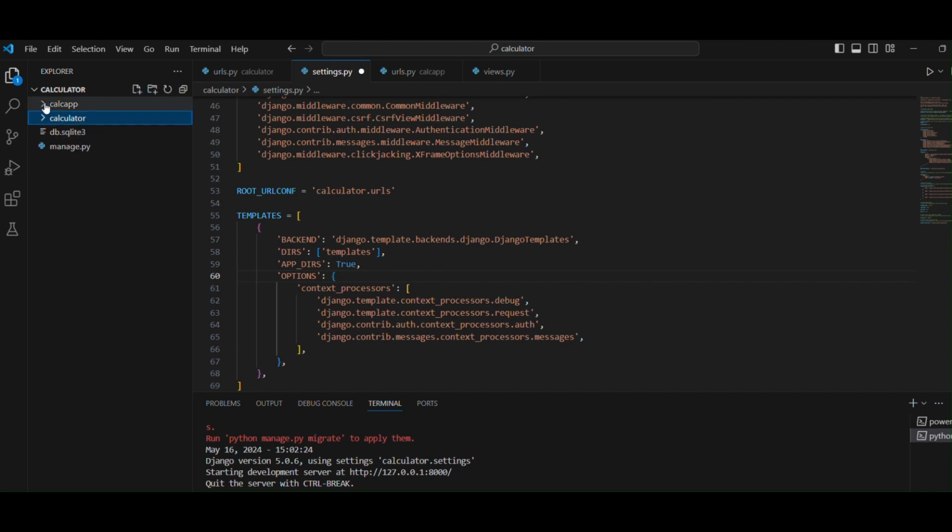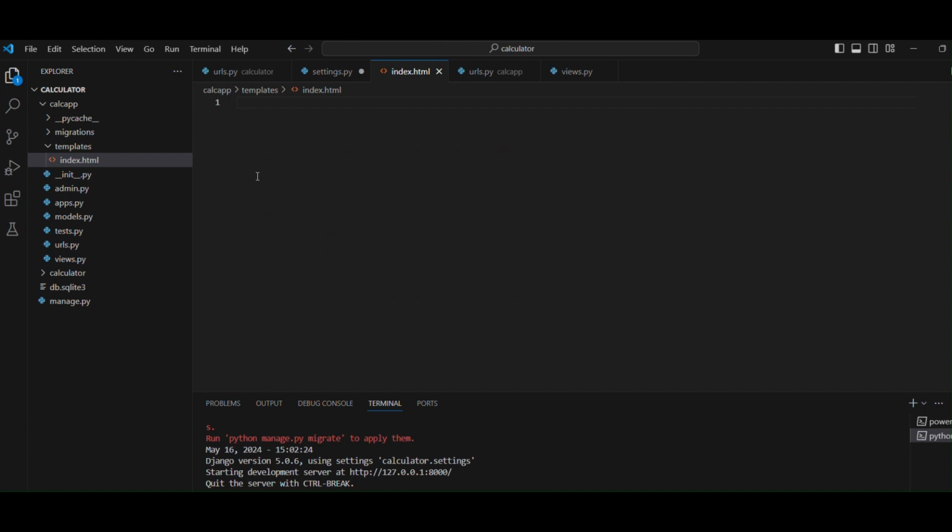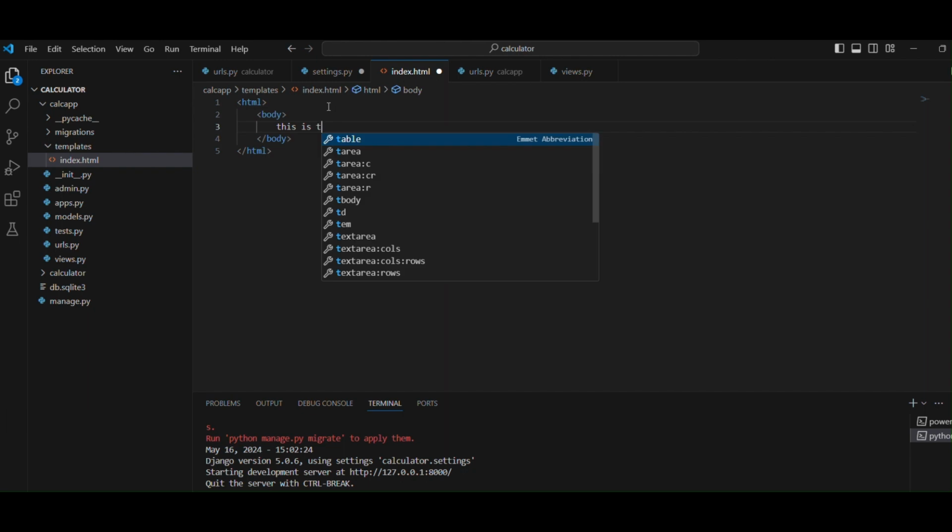So create this templates folder first of all. We're gonna create this folder inside the calculator app. So click here, then click on folder, and then write templates. Great. So inside this templates folder, we're gonna create an HTML file. Let's call it index.html. So here we have index.html. Let's write something here. Just check, body. Let's write, this is templates